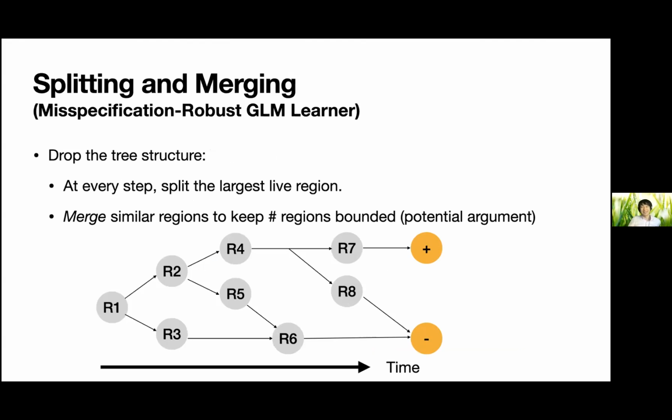And this part, no details, but there's a trick to get this to work where you forget about trying to learn a decision tree. You actually just try to learn a threshold circuit. At every step, you do a similar thing where you try to split the largest region and do some optimization of a leaky ReLU loss on this. But you throw in this other step that prevents everything from blowing up, where you merge similar regions. And somehow, if you combine those two, you can actually get an algorithm that works for this setting. So that's high level, because this is, I think, the most technical part of the paper.